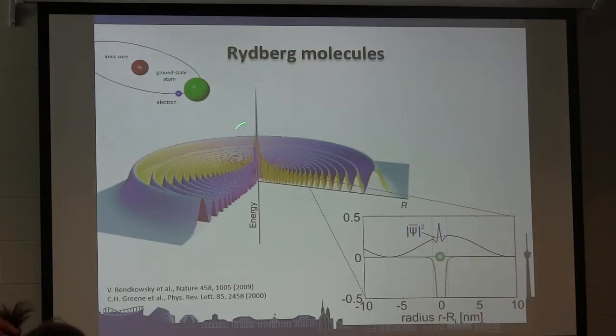Here I plotted the probability density of a Rydberg electron in the S state, and now we imagine that at some position there is a ground state atom sitting, and as there is a charged particle and the atom is neutral, there is a polarization potential. In principle, one has to describe this as electron-neutral scattering, in S-wave scattering,